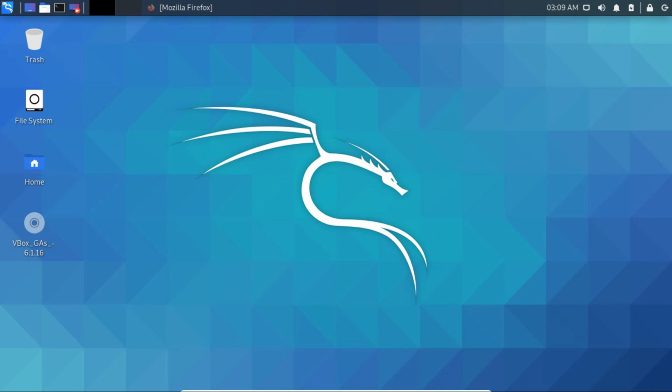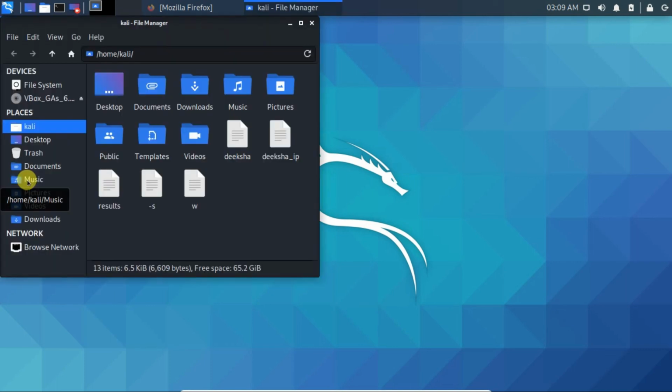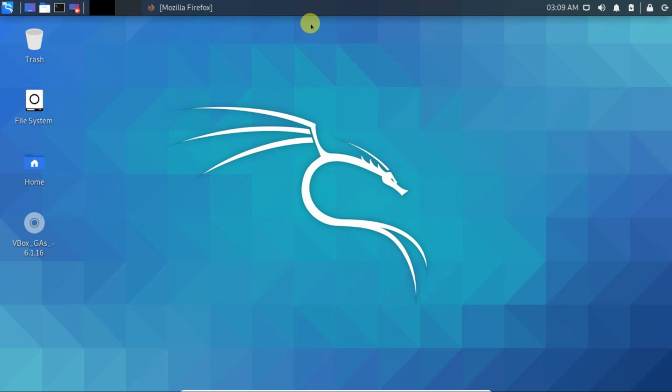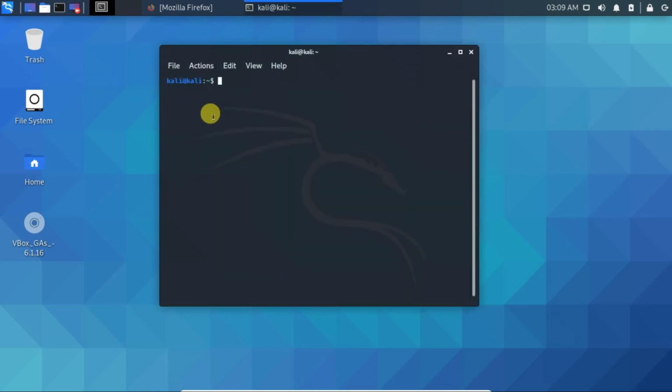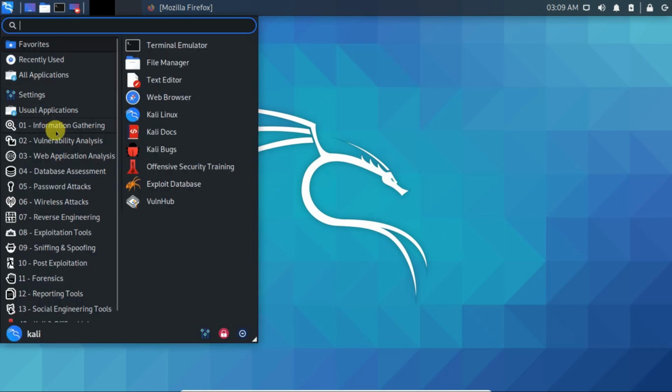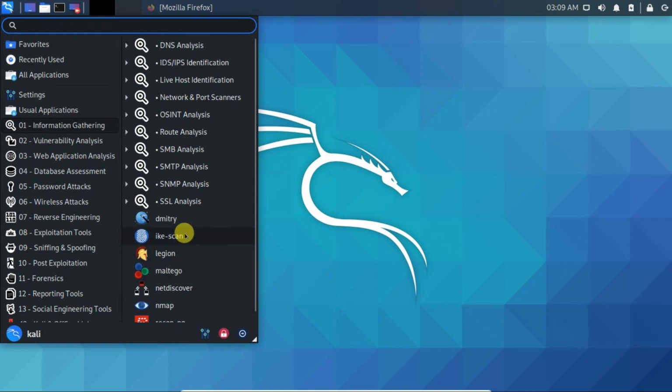Is it saved anywhere? Let's say home. Is it saved anywhere? These are all my files anyway. No, it's not saved. We forgot saving, right? But how do we save the information we gathered? At least for Dimitri, it's very simple. I'll tell you one method where you don't have to go to information gathering and then choose Dimitri. This is not at all necessary. You can do it in other ways.